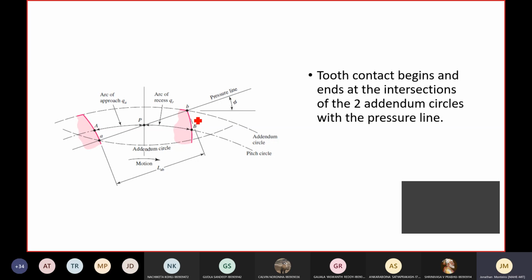Even though that is true, most of the designers don't like that idea. So we'll understand why that is. You say there are two tooth profiles. I think I should name this the same tooth here. I should not call it two different teeth, but say this is in motion, rotating, the same tooth. After a time interval t, it has come here.